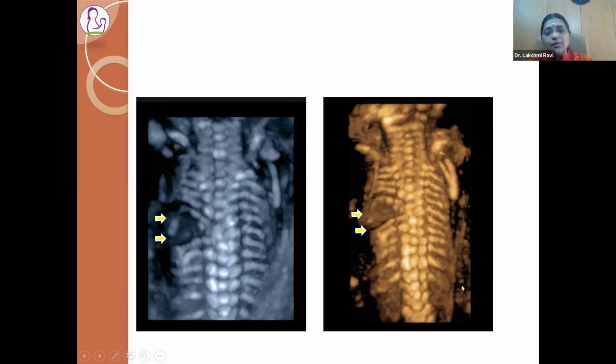You can clearly demonstrate the abnormality not only for counseling the patient, but also to the pediatric neurosurgeon who can take care of this particular entity, or who can really counsel the lady about what really is the problem with the fetus. So this degree of imaging is very, very easy, and this entire wholesome picture may not be possible with the planes of 2D ultrasound, and a simple 3D image will give you the entire picture and the entire magnitude of the problem in one section.